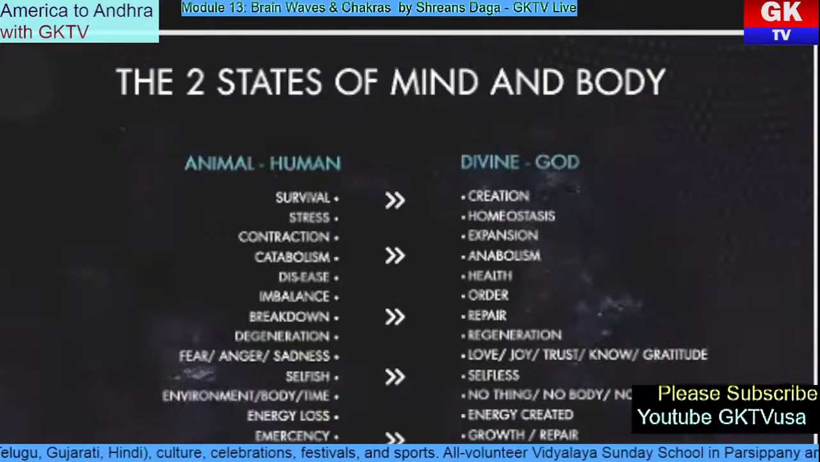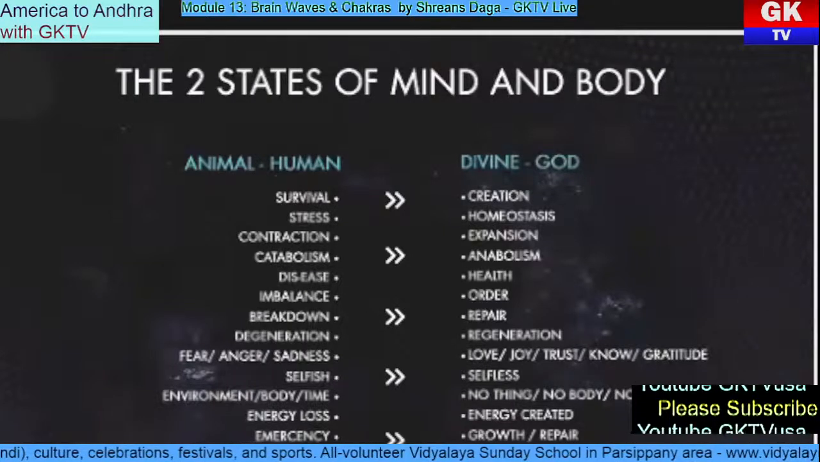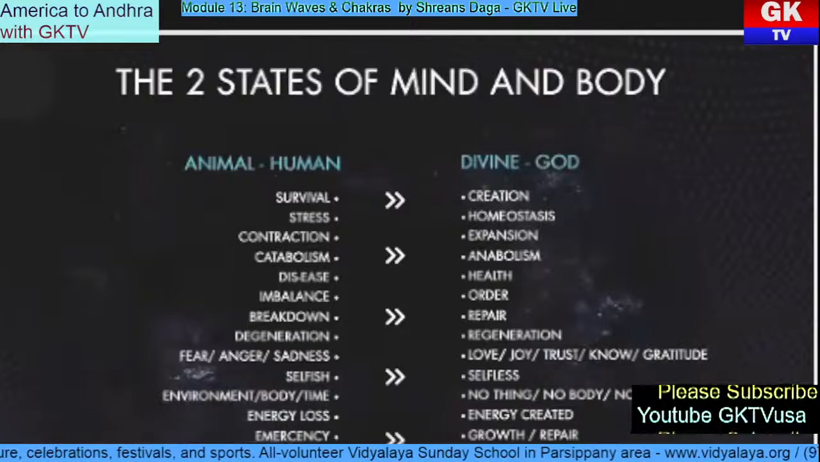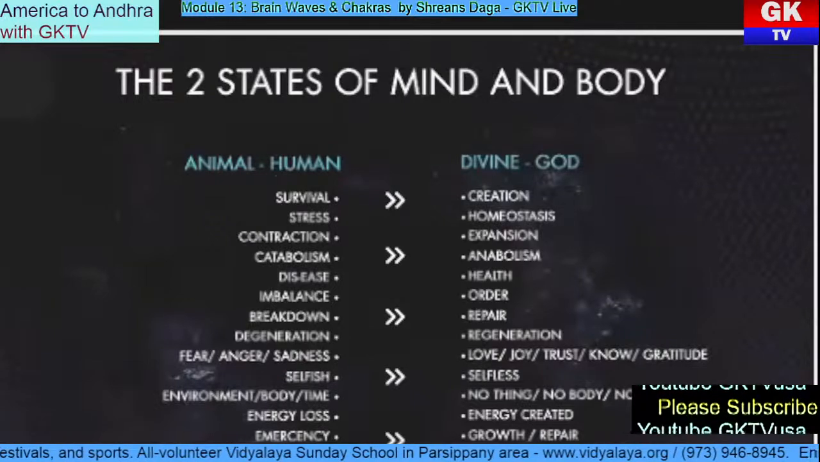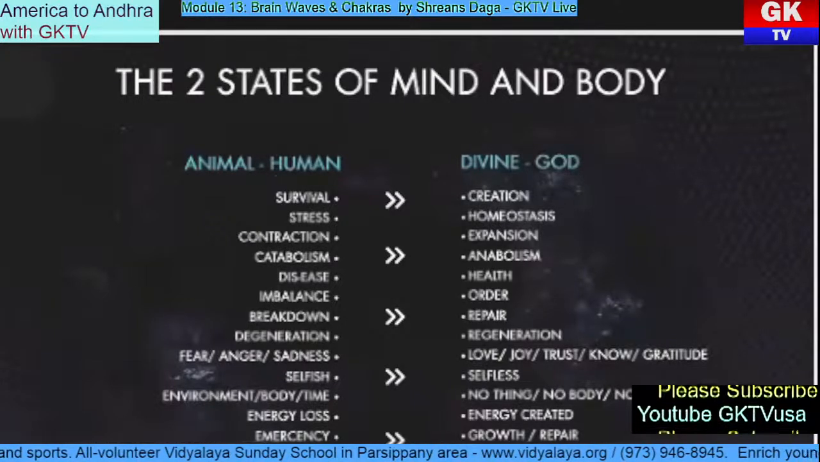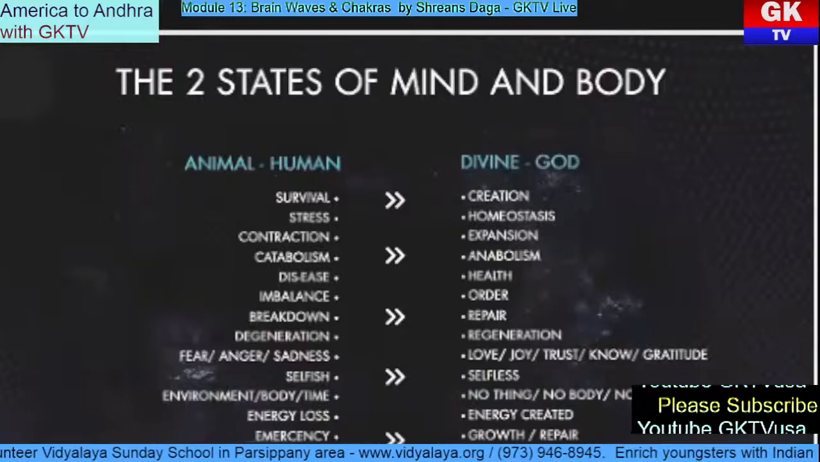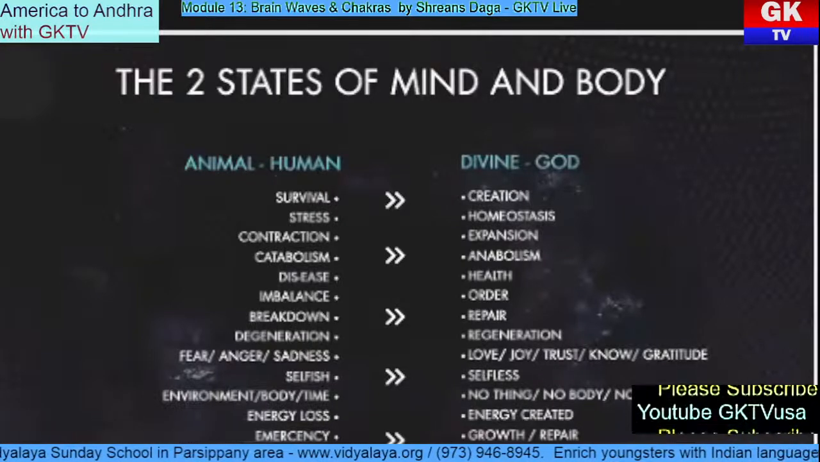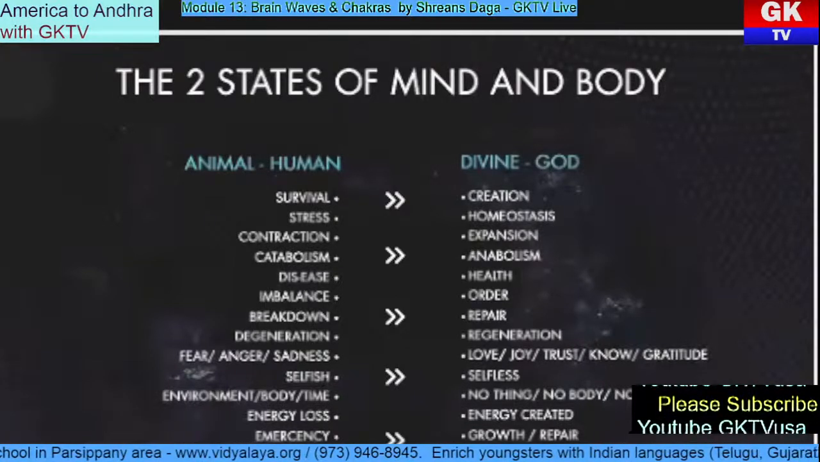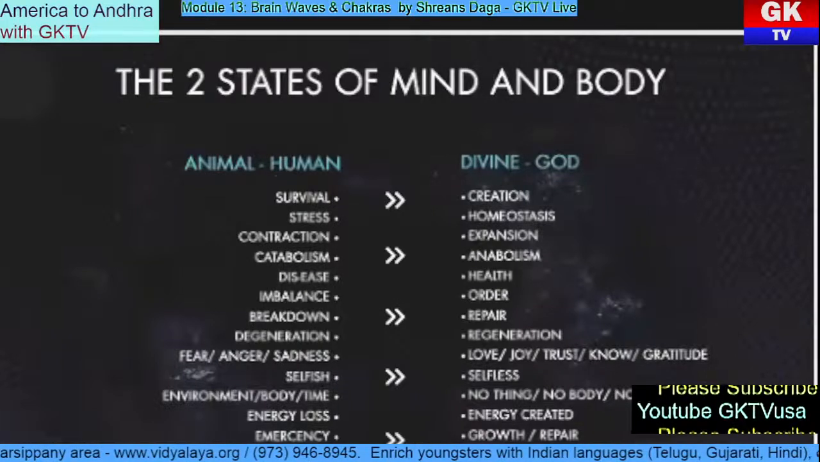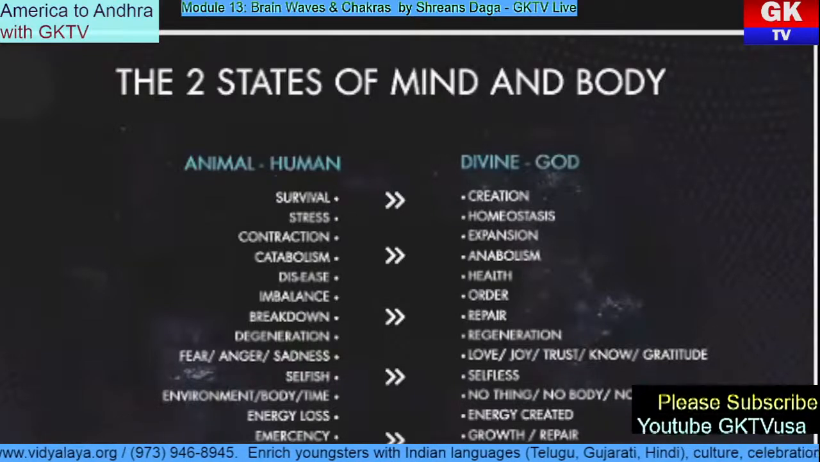When you release the melatonin, you are having tissue repair rather than tissue breakdown, moving from disease to health, from imbalance to balance, imbalance to order, from breakdown to repair, from degeneration. There is a lot of degeneration when you are in survival mode, to regeneration. When you are in creation mode, you are regenerating your cells, you're activating them, and you're creating a lot of energy. Moving from survival-based emotions like fear, anger, sadness, to elevated emotions, from limited emotions to